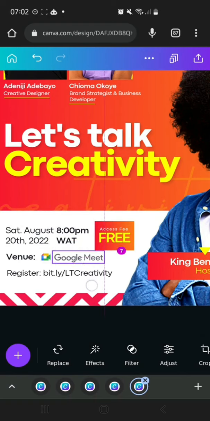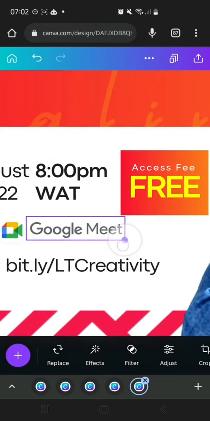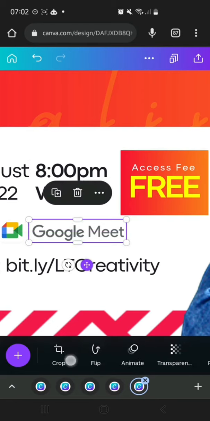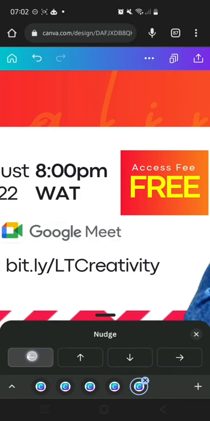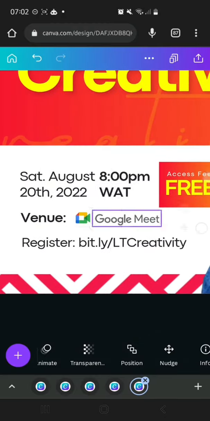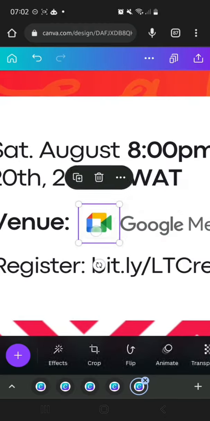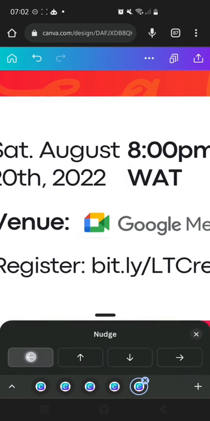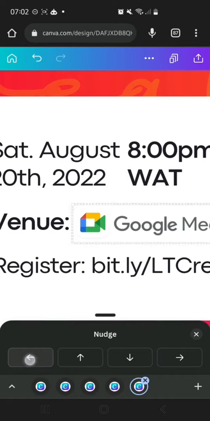So reduce it, place it over here. I'm going to zoom in again and reduce it a little bit more, and shift it to the left to be closer to the logo. I think those things are so far from the venue, which is not so cool. So I'm just going to select both of them, go over here, and shift it to the left once more. Okay,